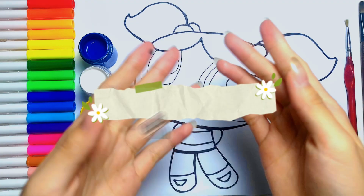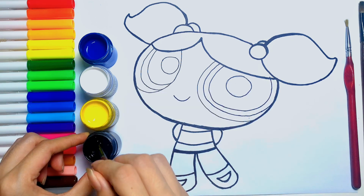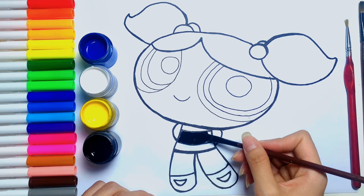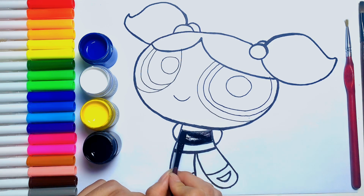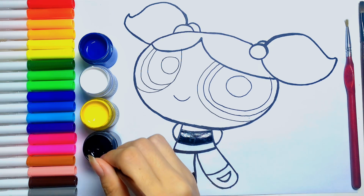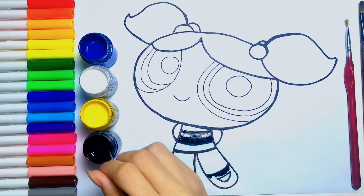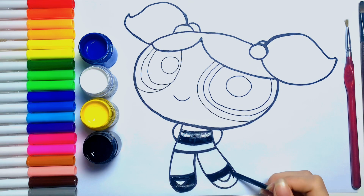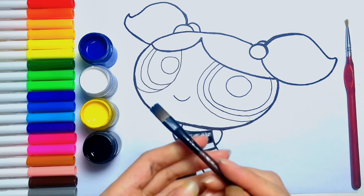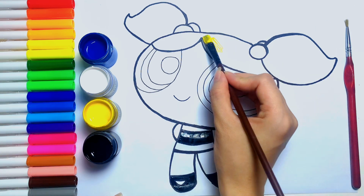We have completed the Bubbles drawings, and now let's color together. Black, yellow,